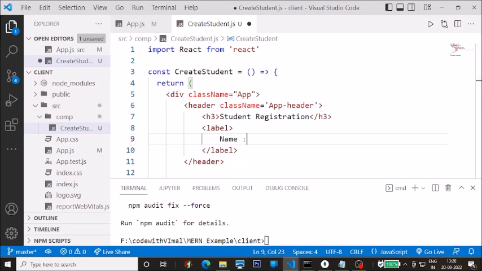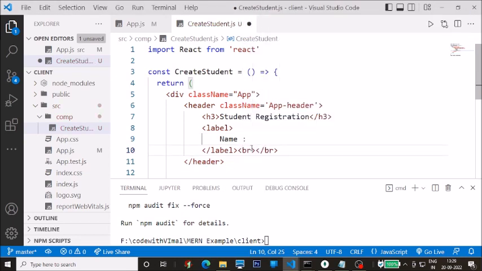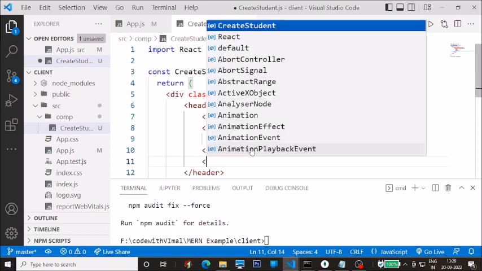Okay, and then what we need is an input tag for that. So just write down break over here. I'm creating a very simple HTML form, not much CSS or anything. Simple HTML form. Here I will write down